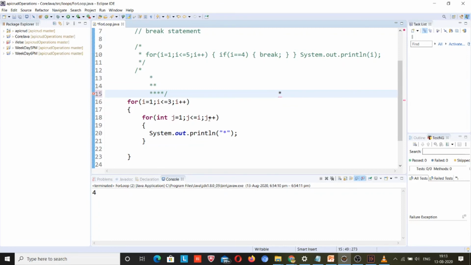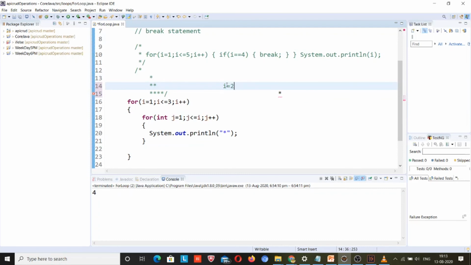The second time it goes to j plus plus, the value is 2, but 2 is not less than or equal to 1, because the i value is currently 1. That's why it came out of the loop and went here. i plus plus, and now the i value is